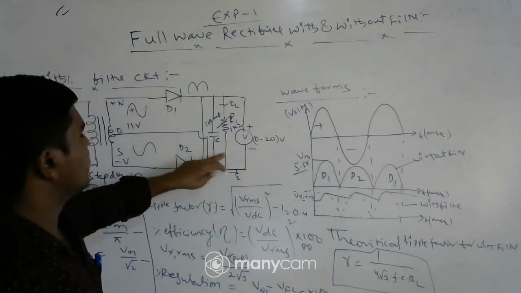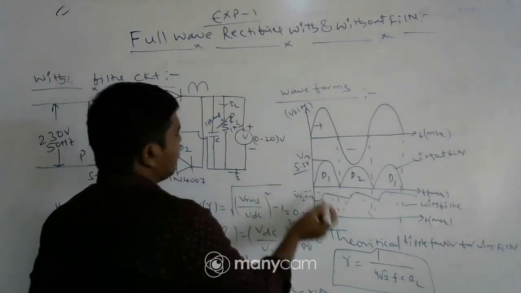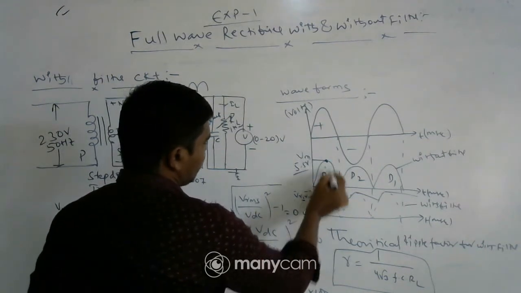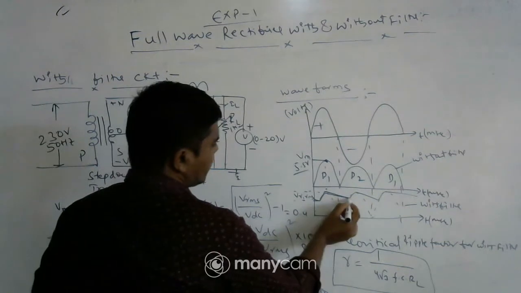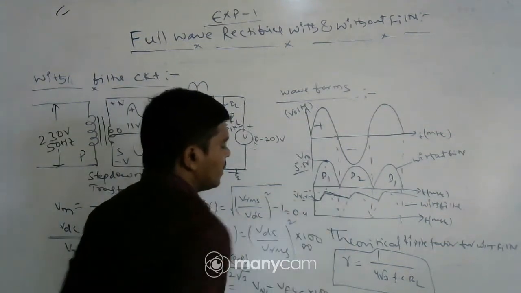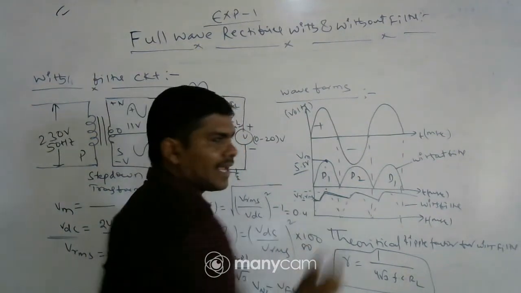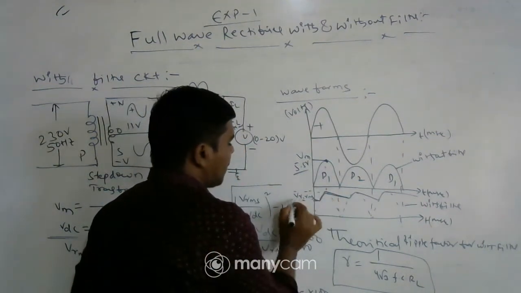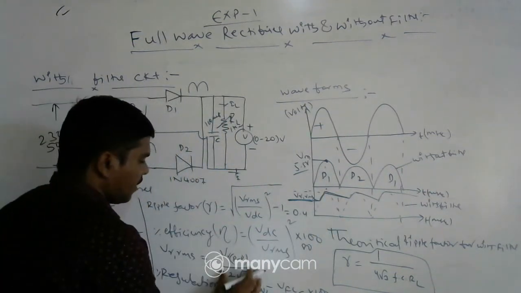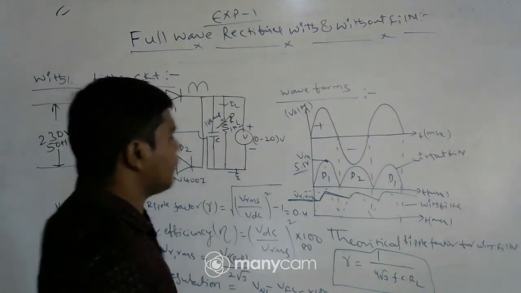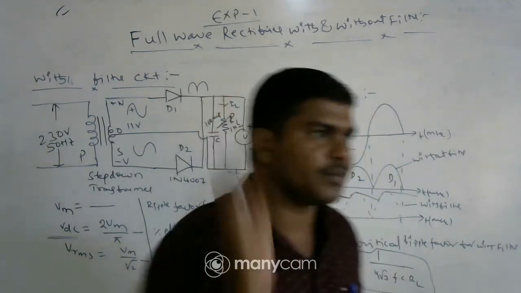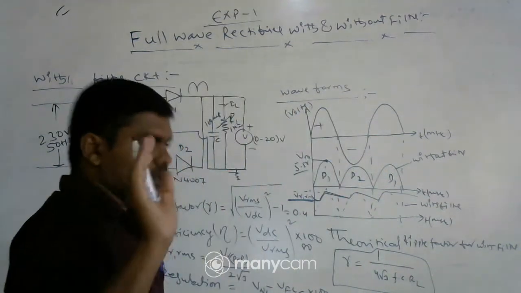to this C section filter, so that for a positive maximum voltage, the capacitor starts charging. When the voltage decreases, the capacitor starts discharging. For this case we have to note this. It looks like a triangle wave. We have to note this amplitude. The aim of this filter section is to remove the unwanted component, that is nothing but the AC component. We have to remove the AC component, right?